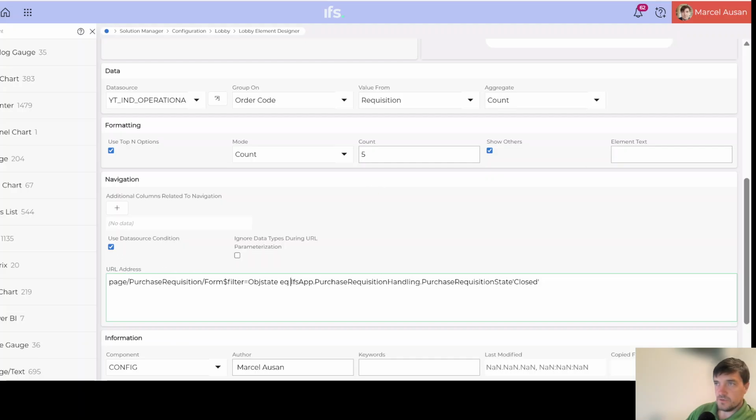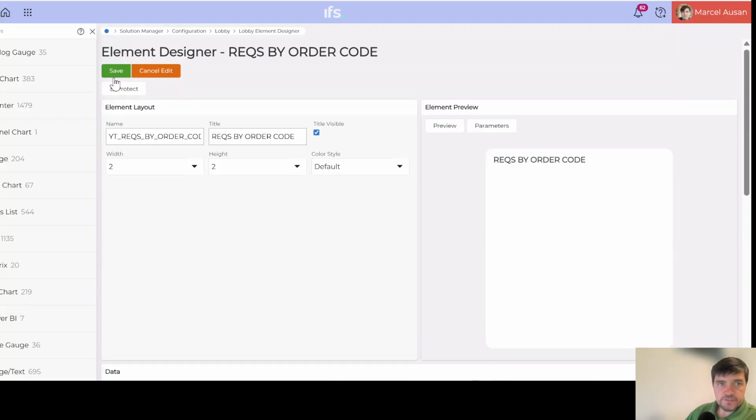I would probably need to find out how to write the not equal. Because basically if we try to save this as it is,